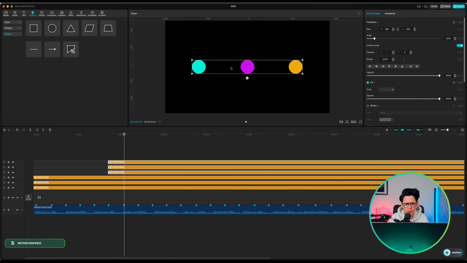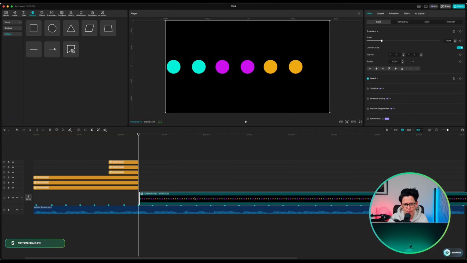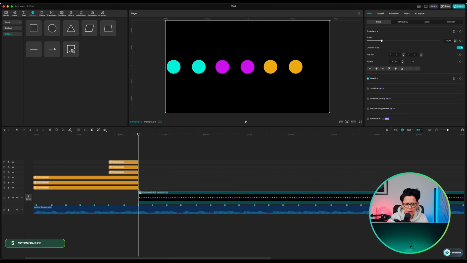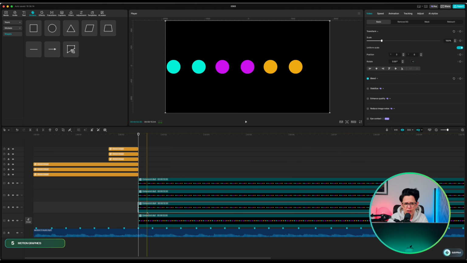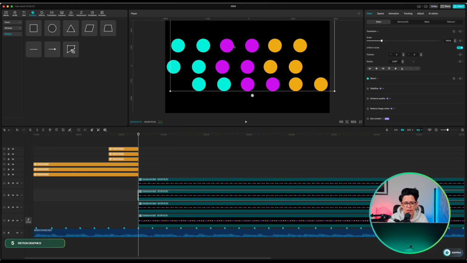Move 1 beat forward and position the 3 new circles next to the previous 3, so you now have 6 dots in a row. Excellent. And apply yu. Move 1 beat ahead and cut all 6 layers. Create a compound clip so the 6 dots becomes 1 grouped layer. Duplicate this compound clip 4 times, 1, 2, 3, and 4, and arrange the lines across the screen so they